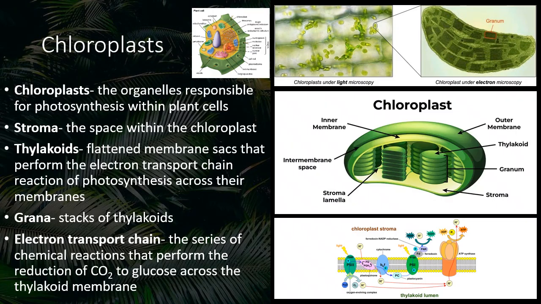When plants are growing in deep shade, they tend to space out their thylakoids rather than organizing them in stacks called grana. That basically ensures that all the thylakoids are equally exposed to as much light as possible in a lower light condition. It's also the reason why if you take a plant that's been growing in the shade and then you move it into the sun, it will horribly sunburn. It's not a good idea